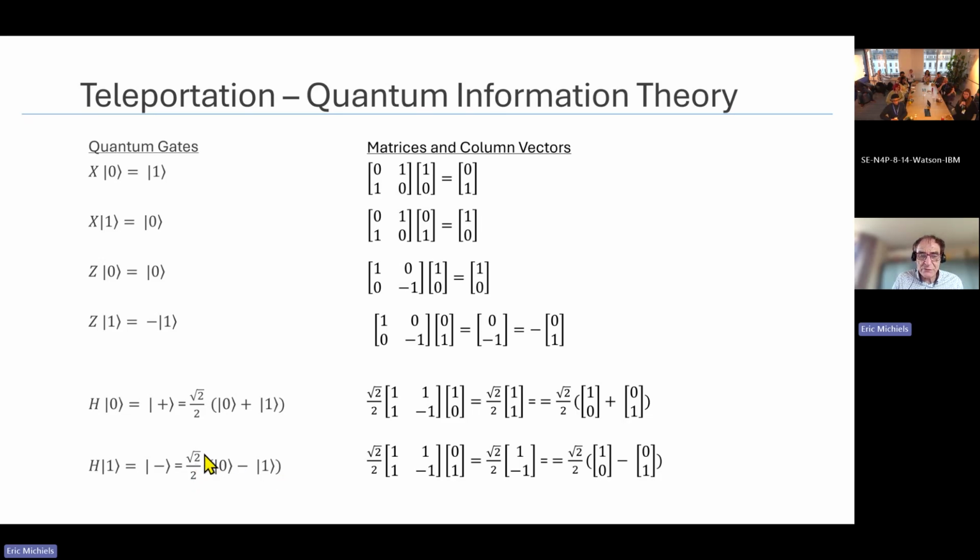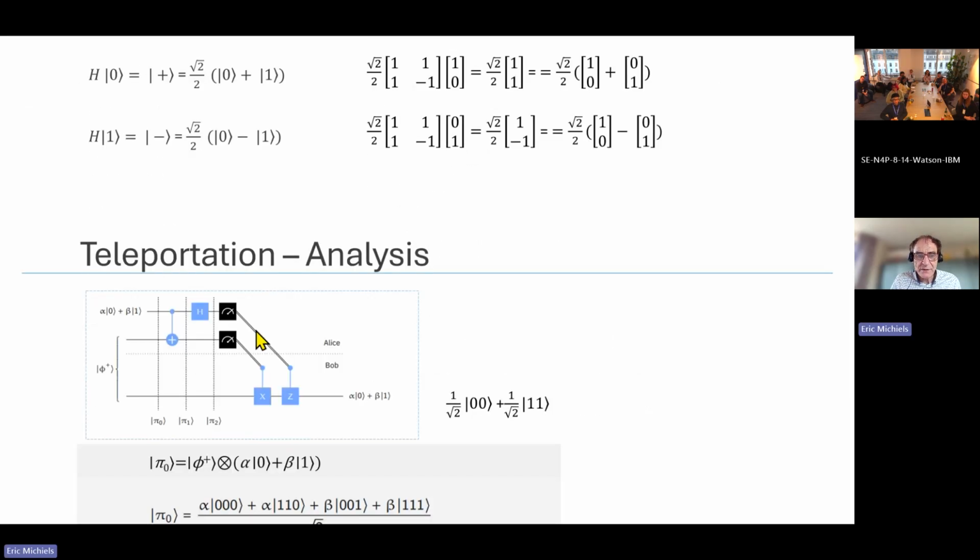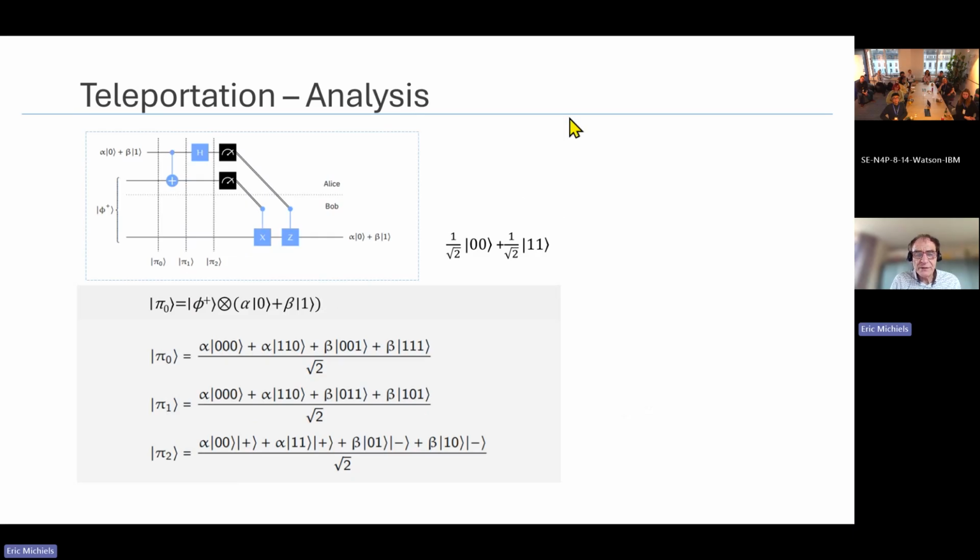And this coefficient, of course, is square root 2 divided by 2, because if you square it and you sum it up, you get 1 as a result, because the total probability must be 1. If you don't believe this, you have here the matrix calculation that proves this is indeed correctly working. This is something we need to have in mind, because now, how can you prove that such